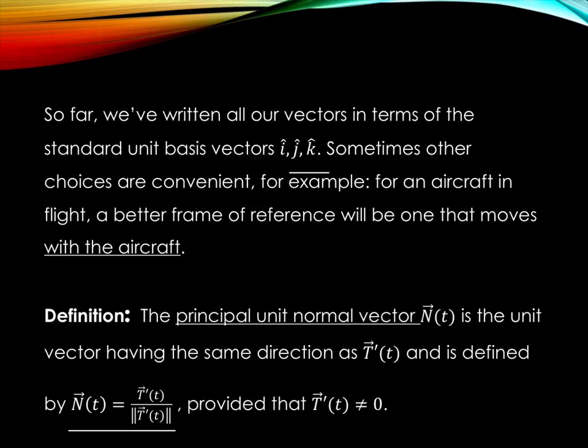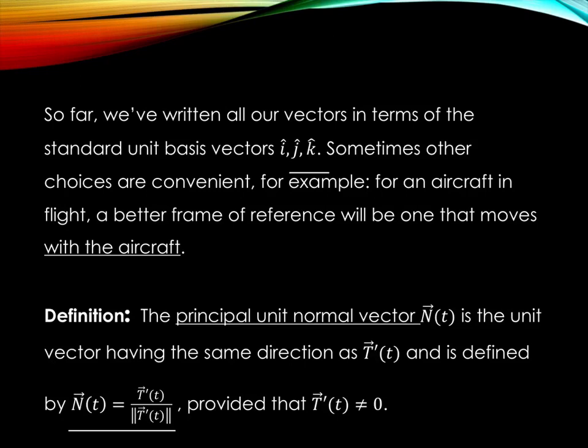So what we've been doing in everything vectors so far is that we've written all our vectors in terms of the standard unit basis vectors i, j, k. Sometimes other choices are convenient, though, maybe even more convenient. For example, if you had an aircraft in flight, a better frame of reference would be one that moves with the aircraft. So sometimes we don't want to find this in terms of i, j, k, and so the principal unit normal vector,